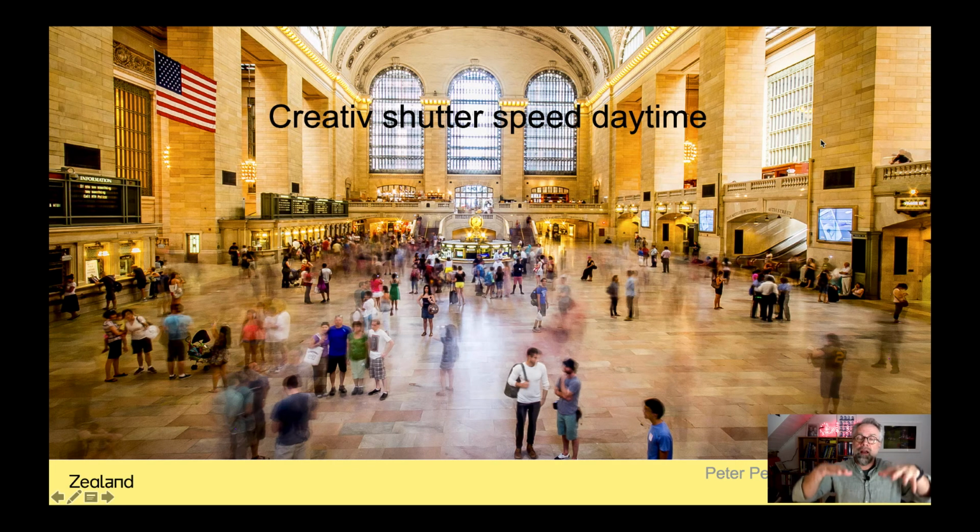So he's standing high, he's positioned high, and he might have used a tripod, or she, but could also just put the camera on a stable surface and then take a picture with a long shutter speed,